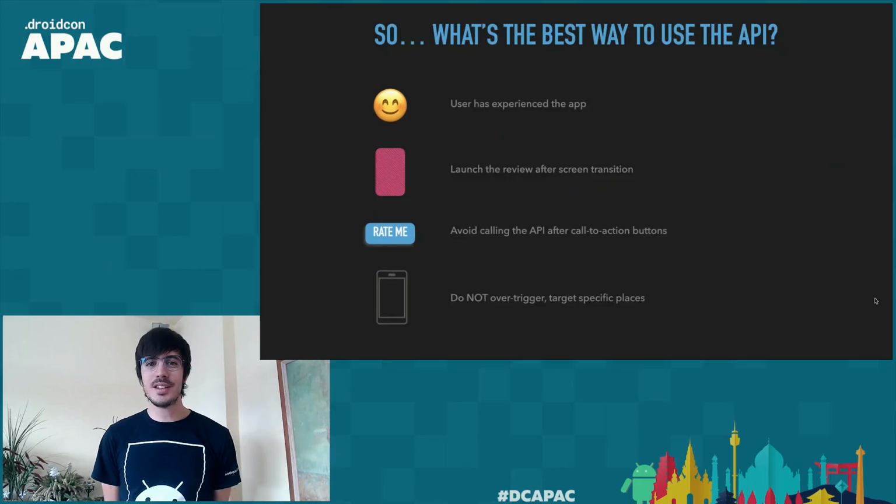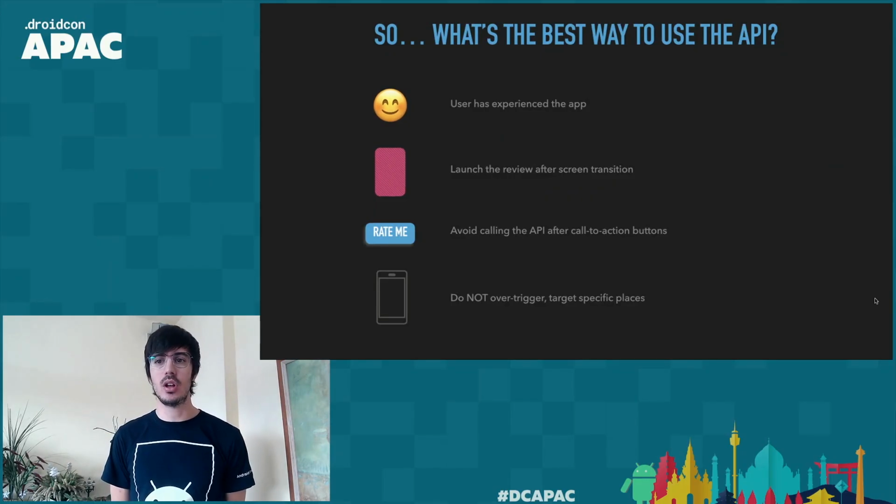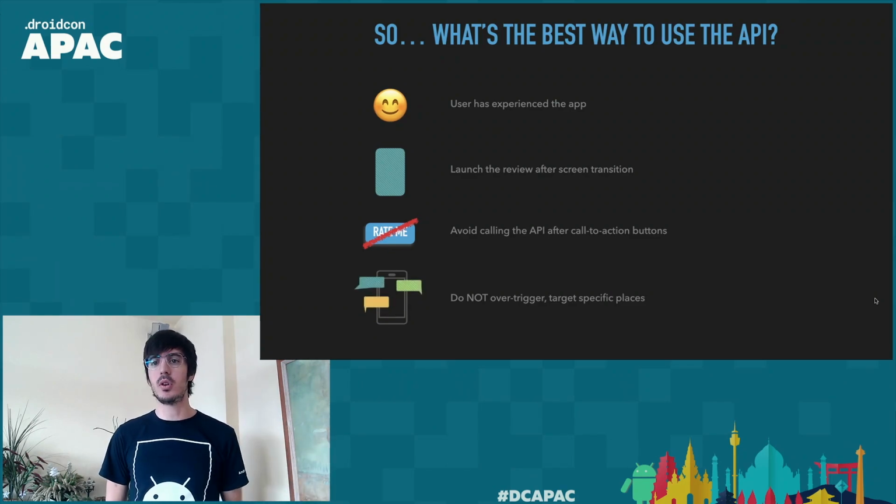So summarizing what I explained, the most important thing is to ensure that the user has experienced the application well enough, so that they have gone through all the flows or the most critical flow. Then trigger at places where there might be a screen transition, to ensure that the dialogue comes a bit more smoothly rather than in the middle of some user flow. Also, avoid calling this API from call to action buttons like rate me. For these cases, if you really want that, just fall back to the intent launch to the Play Store. And finally, do not